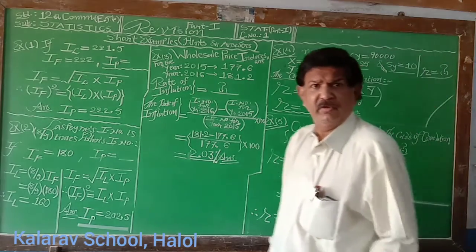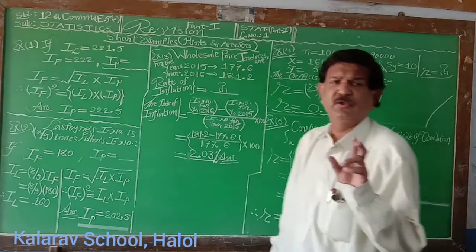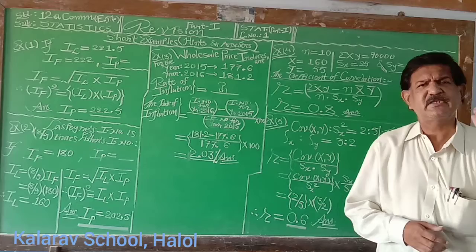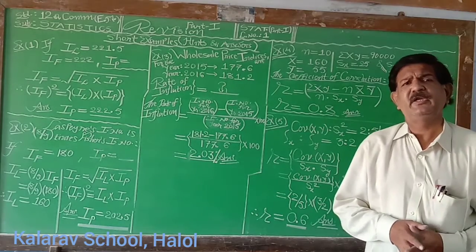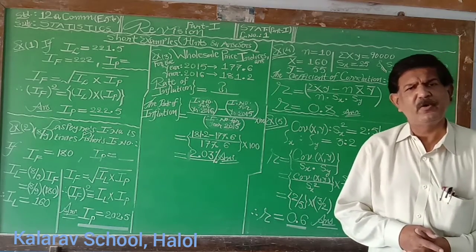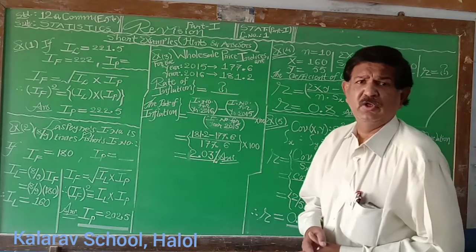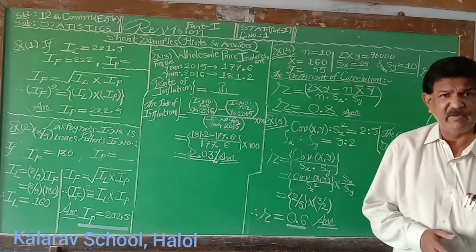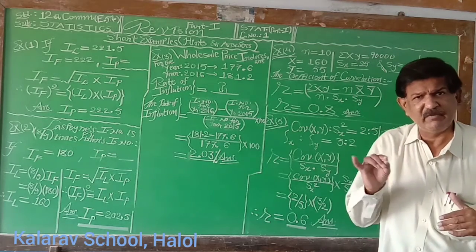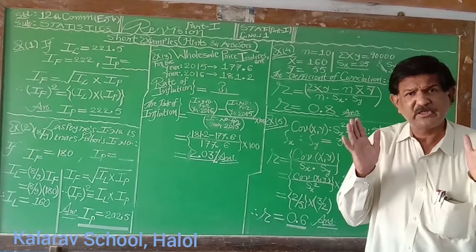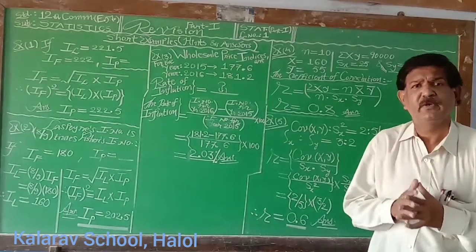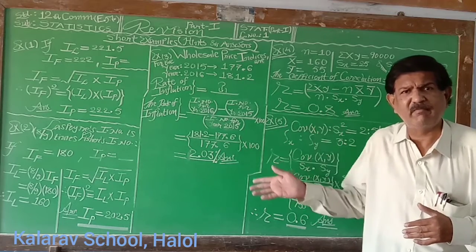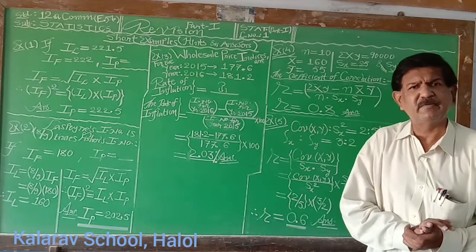Generally, in statistics, students are not practicing for section A, section B and section C, and so they get fewer marks in the examination. You must practice for section A MCQ, section B short question answers, answer in one sentence each, and section C and section D also, 2 marks and 3 marks, so that you can get full marks, maximum marks and the highest score in this subject statistics.